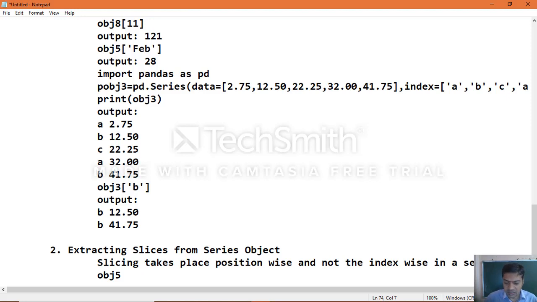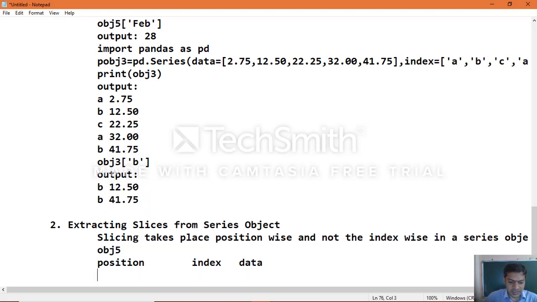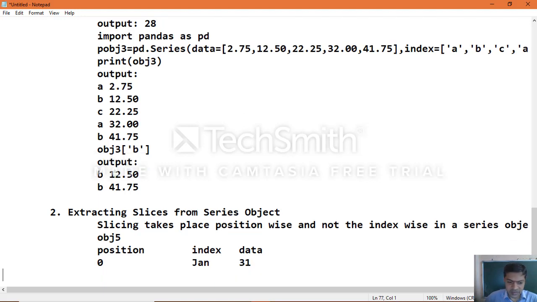Here is how it takes place: position, then index, then data. Position is 0, index is John, the data value is 31.